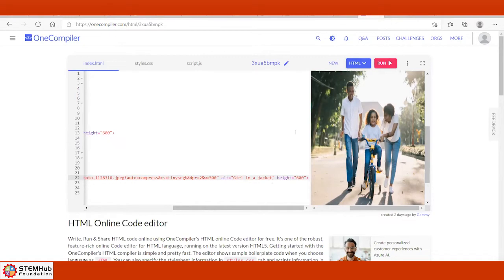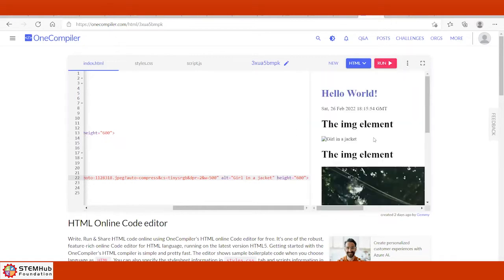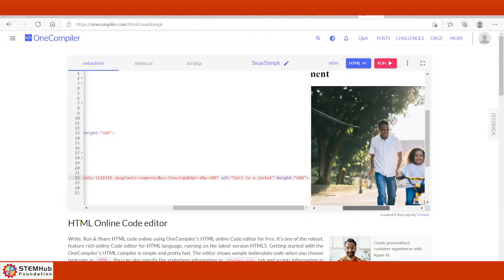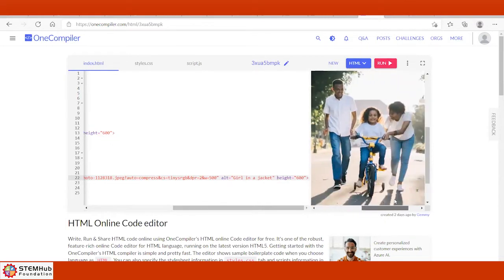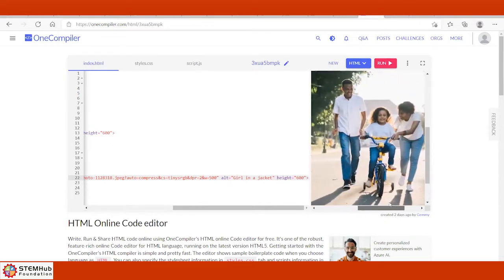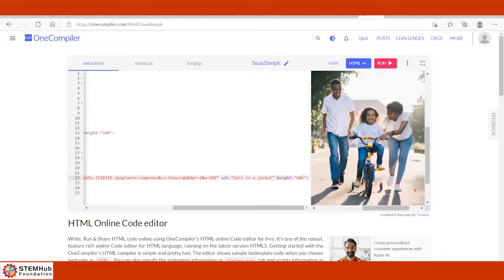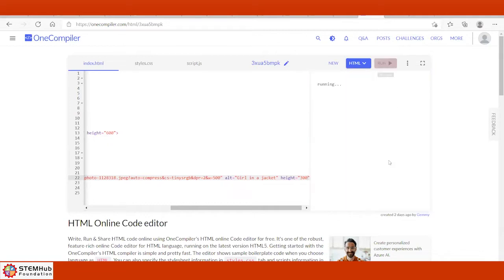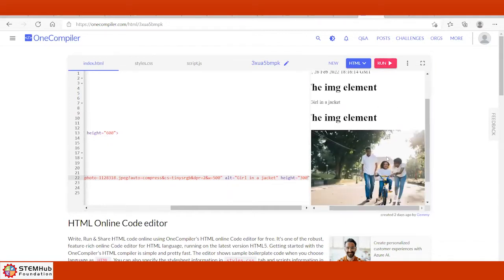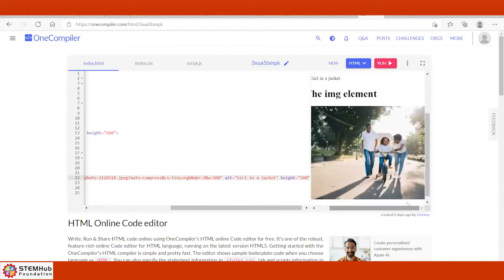Now run it again. See what happens. Now it looks more proportional and less distorted. So I just have to change the quantity now from 600 to something else. Yeah, you might want to make it smaller. So try half the size, maybe 300. Run. Okay, now you get the idea there. Later on, we'll do something where it's percentages and that will change relative to the size of the screen, but we'll do that a little bit later.